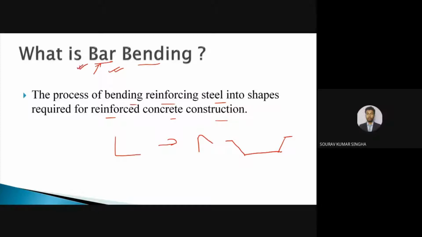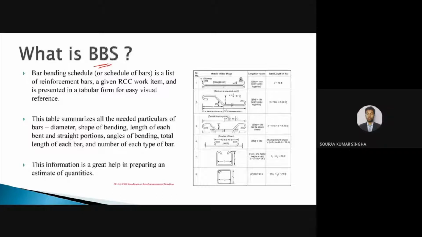Now we are coming to the BBS, that means the bar bending schedule. A bar bending schedule is a list of reinforcement bars for a given RCC work item, presented in a tabular form for easy visual reference. When you give the detail to a labor, you need to give the details in such a manner: the bar shape, the length of the hooks, and the total length of bar.